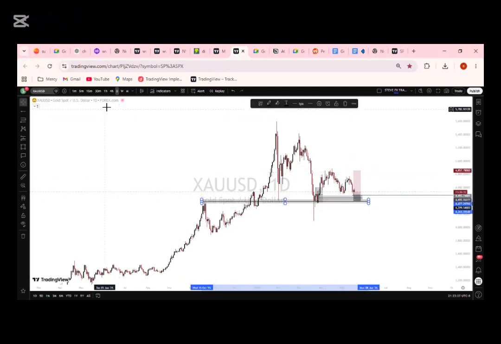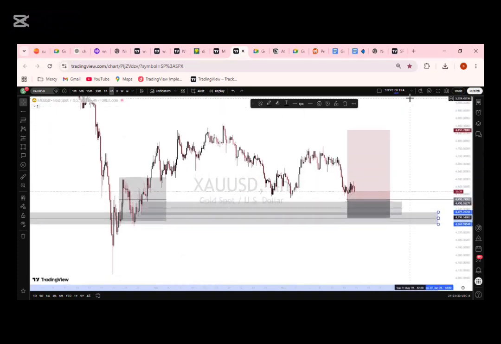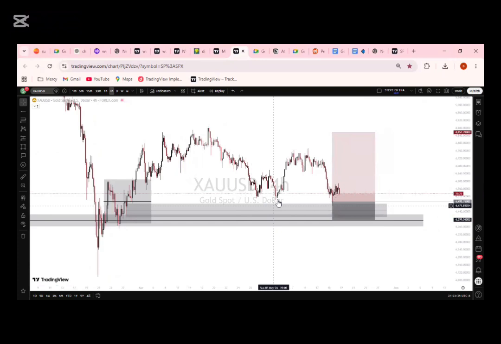All right, so we see that the main direction of gold is bullish. Once we refine the zone, the order block that we are going to be choosing needs to be aligning with the direction of the market. That is one condition that you need to pay attention to. The second one is that when you refine it,